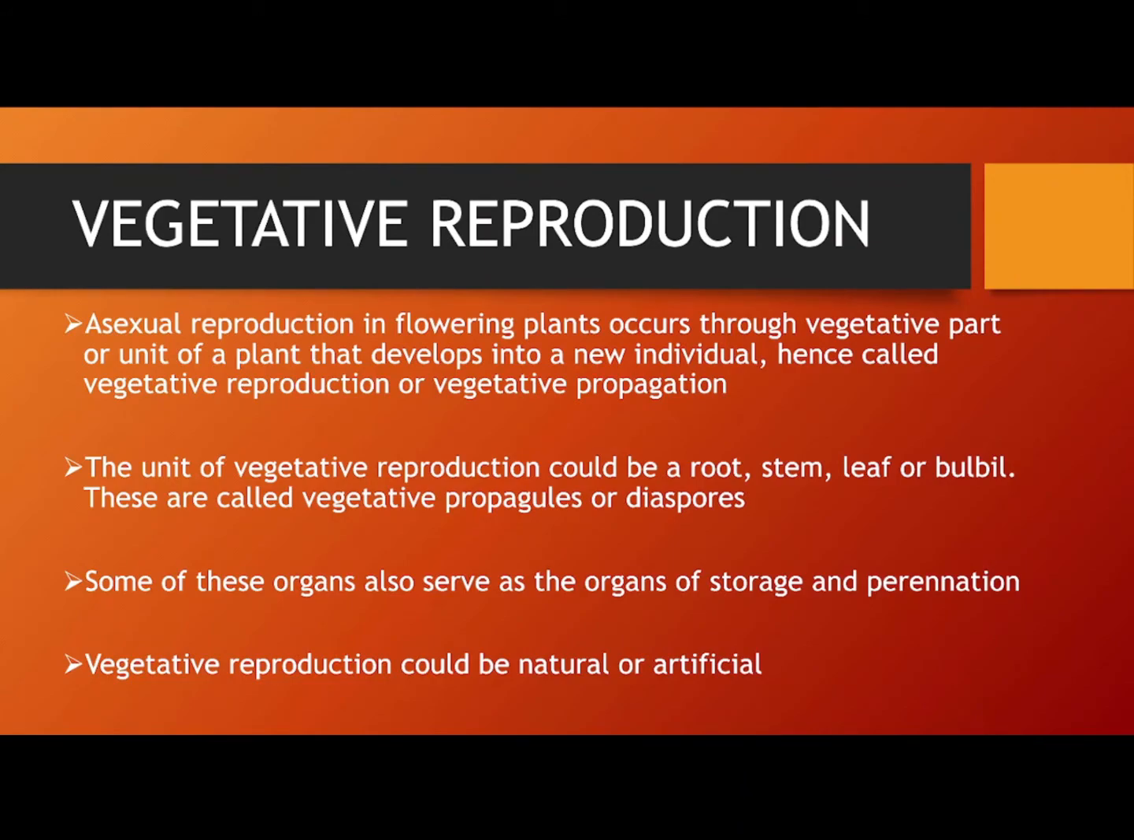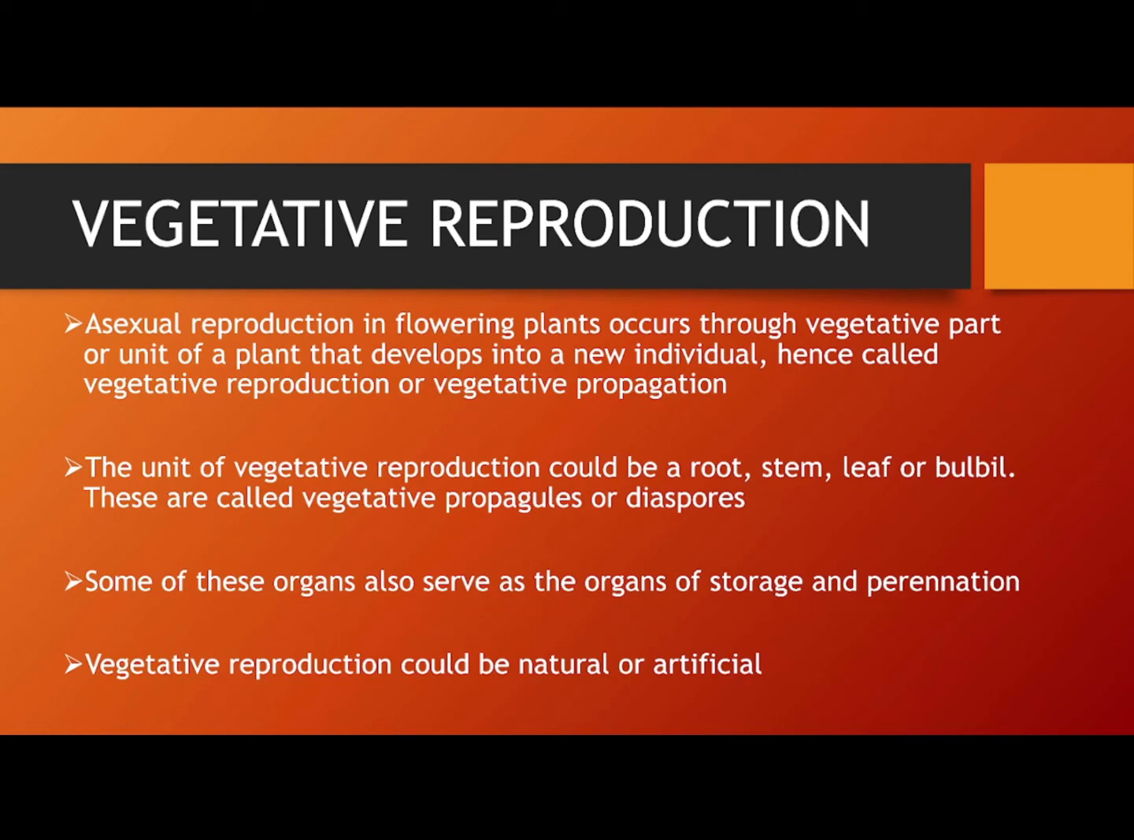Asexual reproduction in flowering plants occurs through vegetative parts. The root, stem, and leaf are considered the vegetative parts of a flowering plant. From these vegetative parts arises a new individual. So this method of obtaining new individuals from the root, stem or leaf is called vegetative reproduction or vegetative